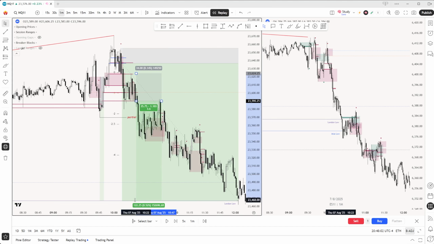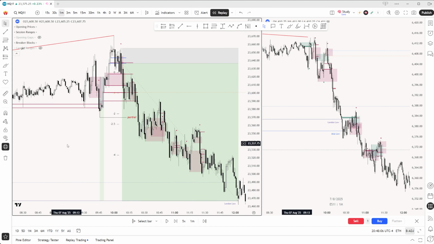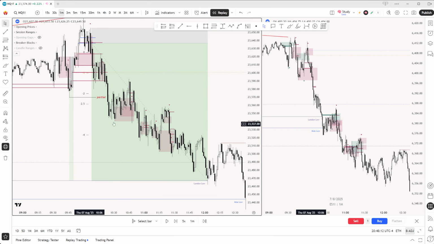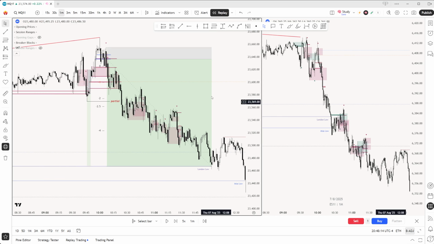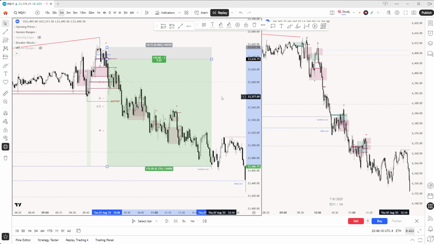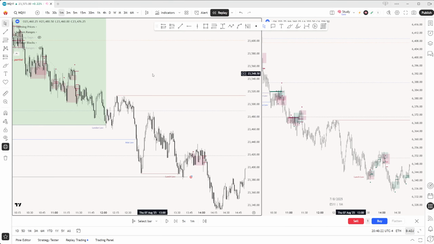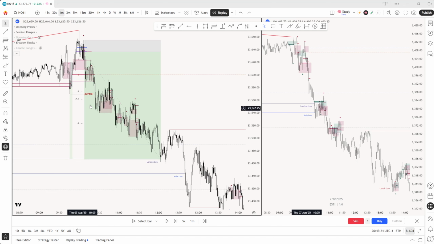still offered plenty of return, but of course, not to the same point. This is a continuation entry. There's also this inversion fair value gap right here, which gave you an entry there. There are multiple entries there, but what's the truth about it? What do we always say? The first one is the only right one, right? Everything else is just a continuation trade, and you should have been in that first one. Those were the trades for the AM. Of course, myself, I decided to stop right there and not move further.